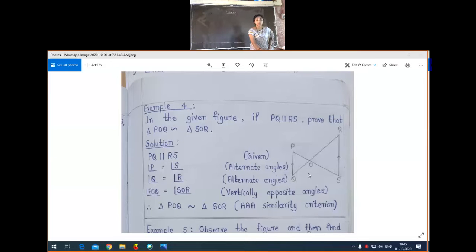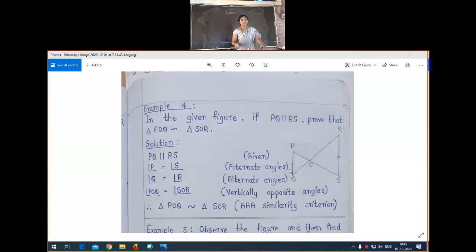Here you can complete the problem with just two pieces of data, because yesterday we discussed that if two angles of one triangle are equal to two angles of another triangle, then according to the angle sum property of a triangle, it is clear that the third angle is also equal.